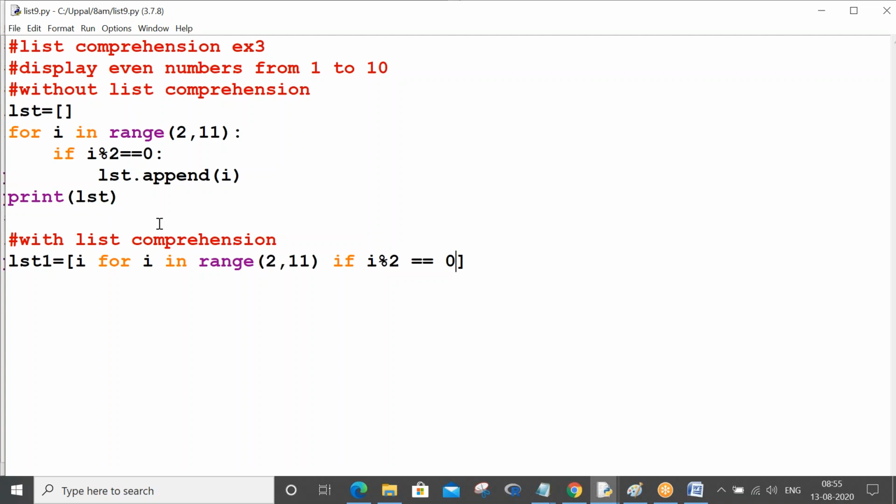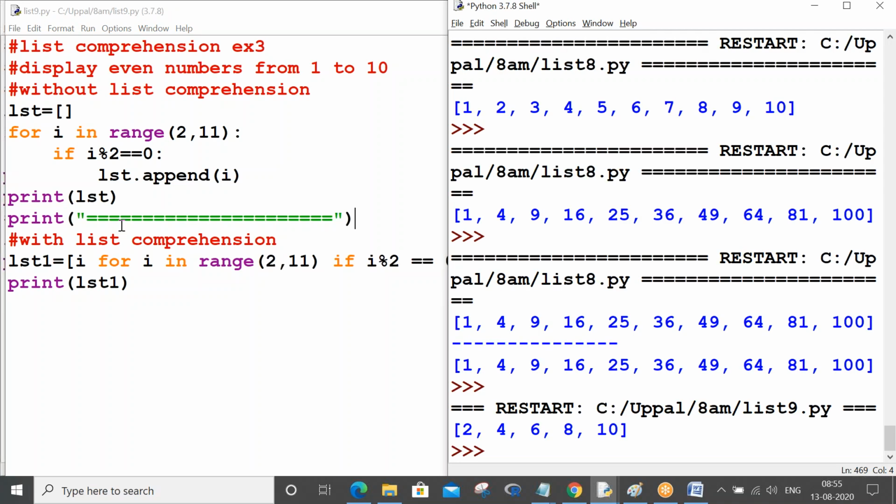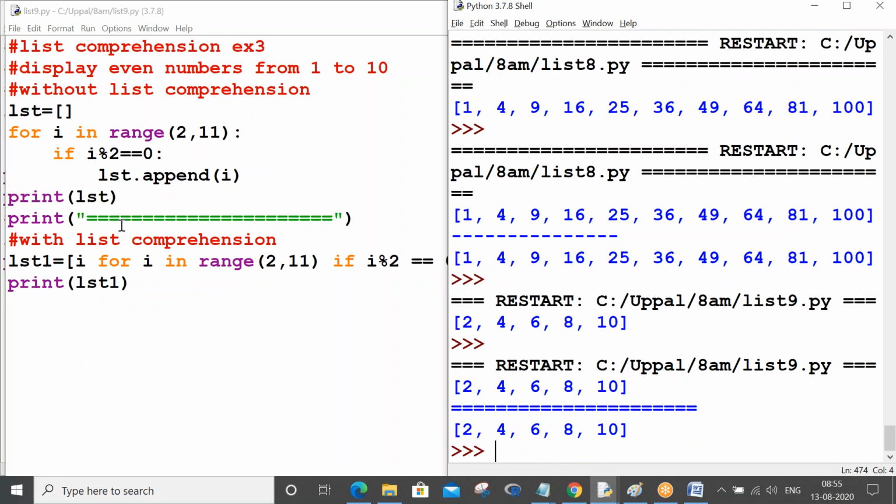Control S. Let me print this: print lst1, control S. Let me also give an empty line, control S, F5. Can you see that? I have achieved through list comprehension the same question, 1 to 10 even numbers fetched inside our list.